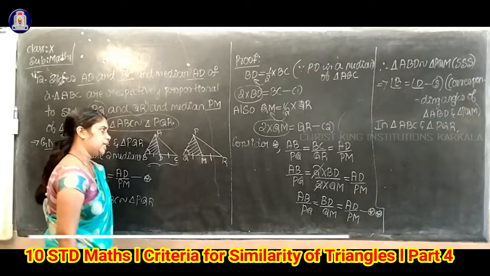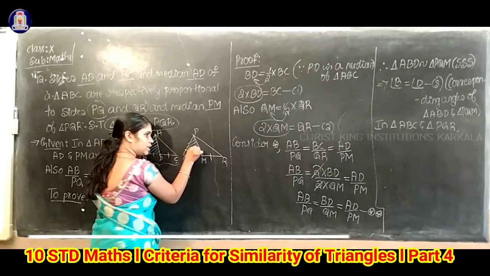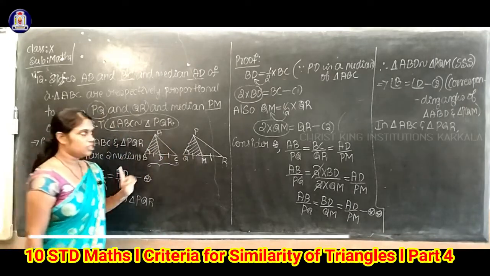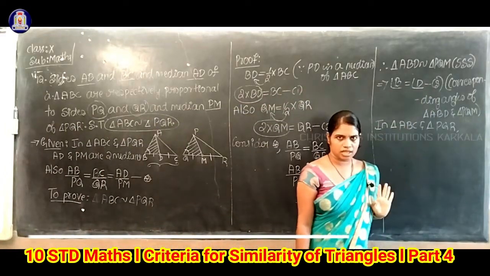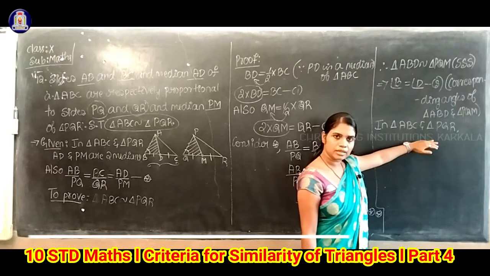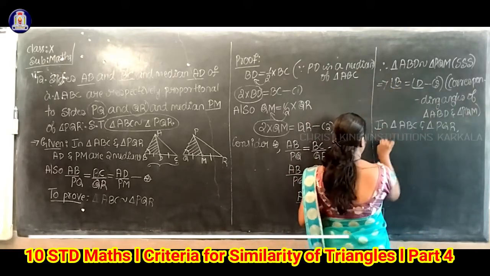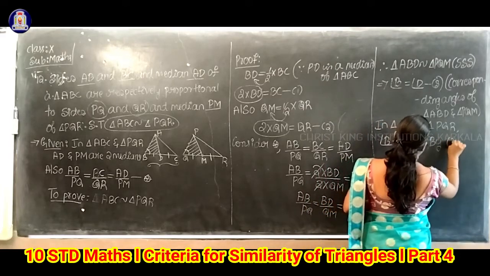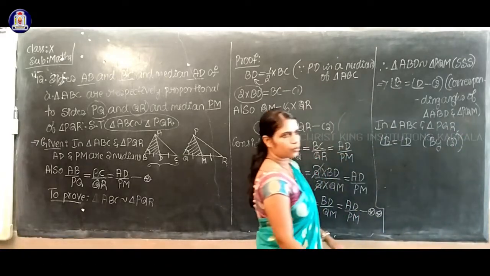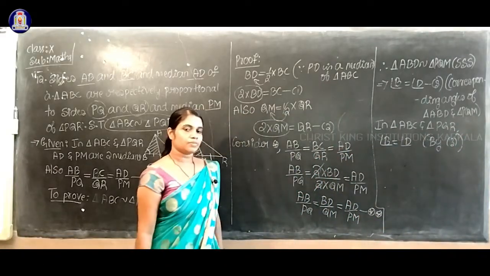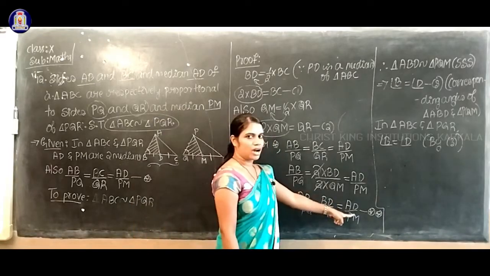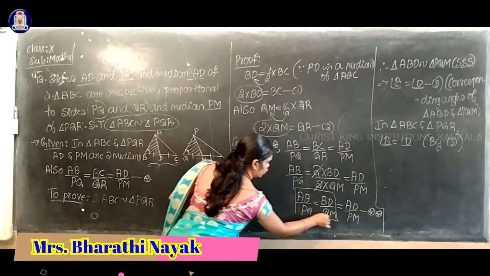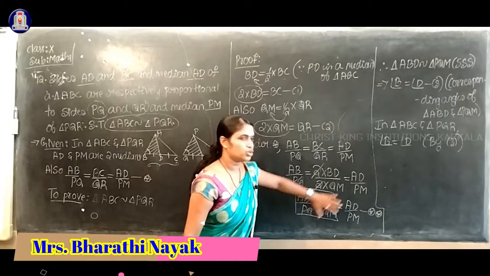Can you observe here, among these two triangles, the first equality I can find is angle B equal to angle Q, isn't it? Already we proved it by using equation number 3. So one result we already have. We need one more result. What is that? Just consider the double star. I will consider the first two ratios.